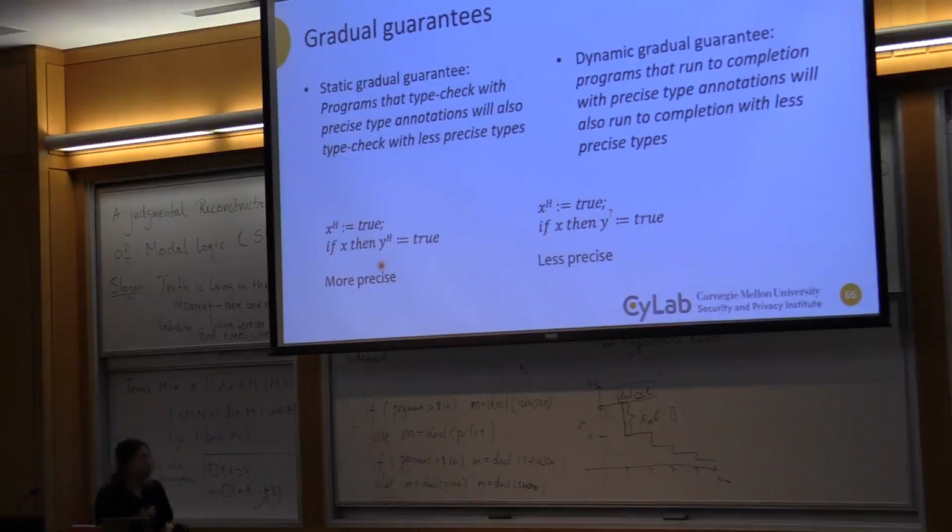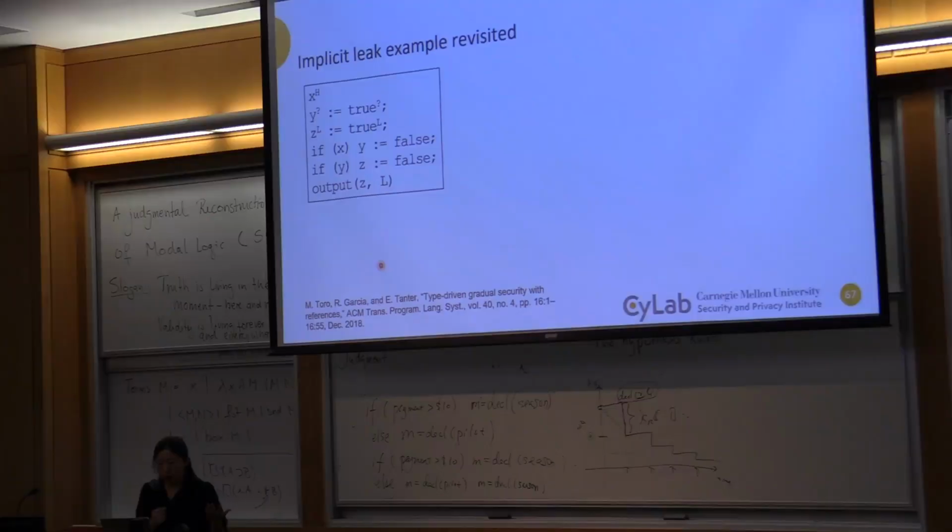Okay, so I gave you one version of how to implement gradual information flow typing. I already hinted that it looked like tainting. It turns out to be true in that if I use that system to type check this program, where again it's the same program except I make y question mark, I just say, hey, I don't know what y's label is, this ends up actually leaking information. So that gradual system is not secure. So now I have to fix it, right?